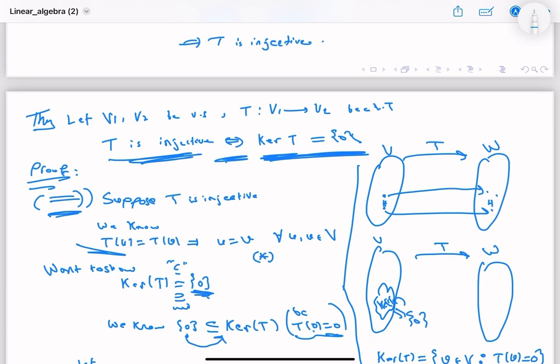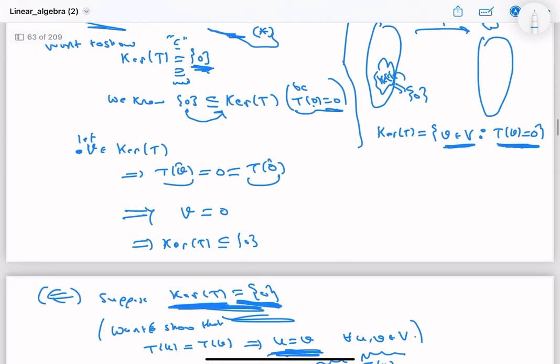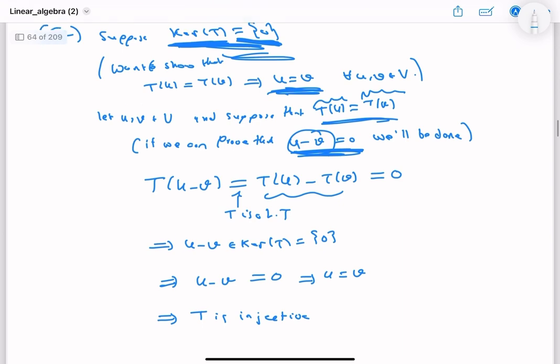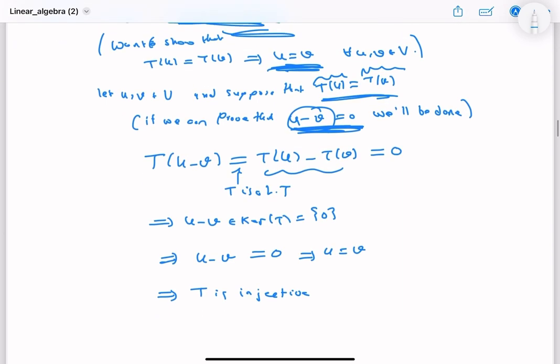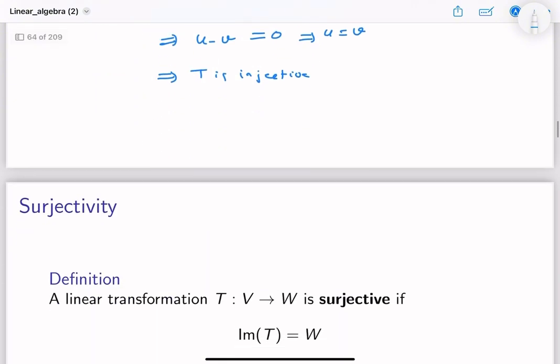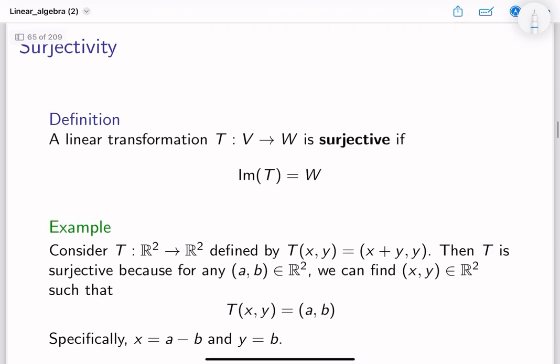And thus from now on you have two definitions of what an injective linear transformation is. You either use this property stored, or you use the fact that the kernel has to be the zero singleton. In other words, the only vector that maps to 0 is 0. So this is all I wanted to say about injectivity for now, and let us discuss so-called surjective linear